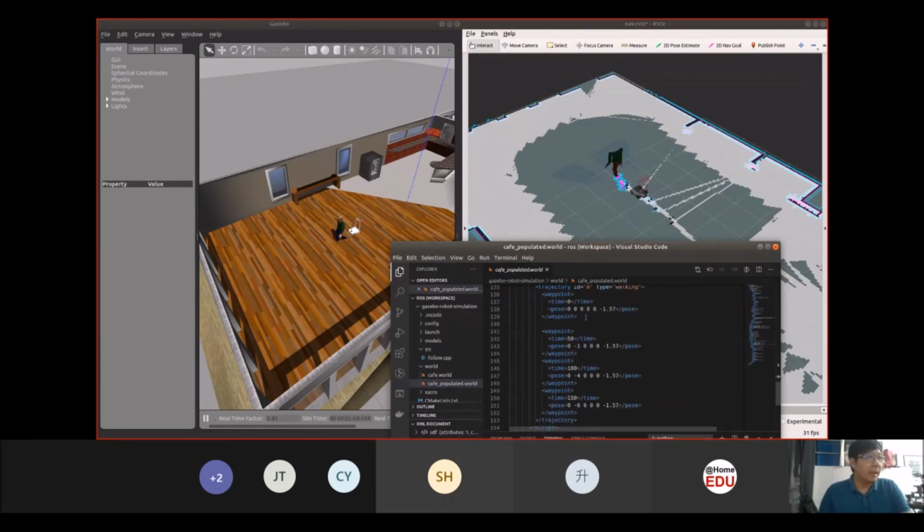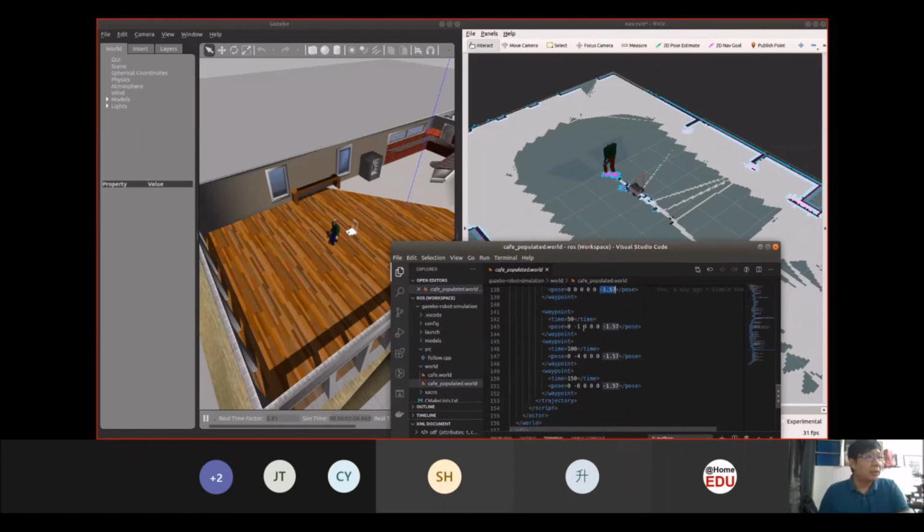At time 0, it is starting at the 0 position. This is the angle that the person is facing. At time 50 seconds, it will reach -1 meter. Then at time 100 seconds, it will reach -4. Then at 150, it will reach -6.